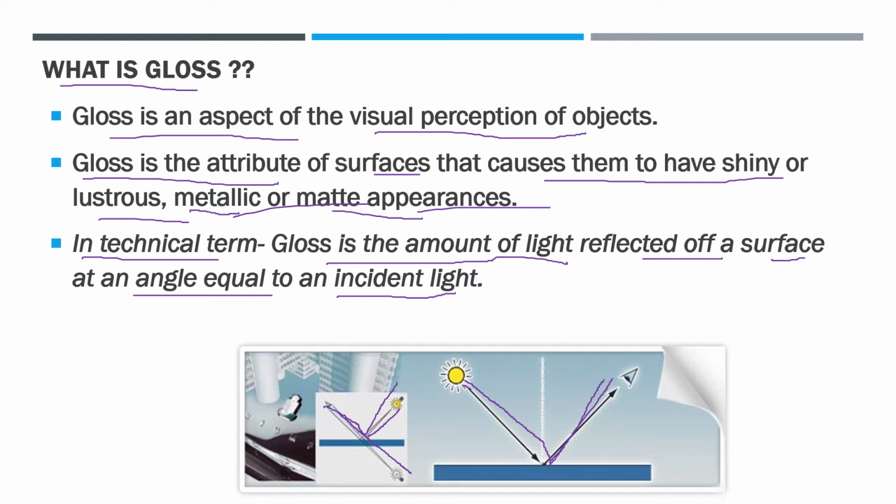However, visual surface control is insufficient because evaluation conditions are not clearly defined, and sometimes people are not able to judge the gloss at different angles. So for that we use a glossometer, which we will look at in the next slide. I think you might now have a clear point on what gloss is: the amount of reflected light equal to the incident light. This is the incident light and this is the reflected light.